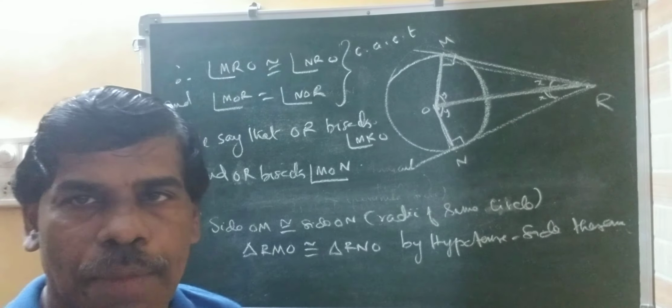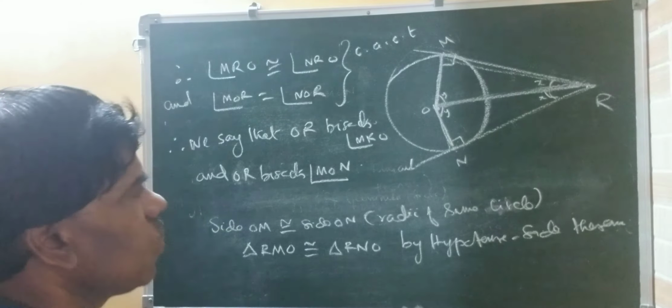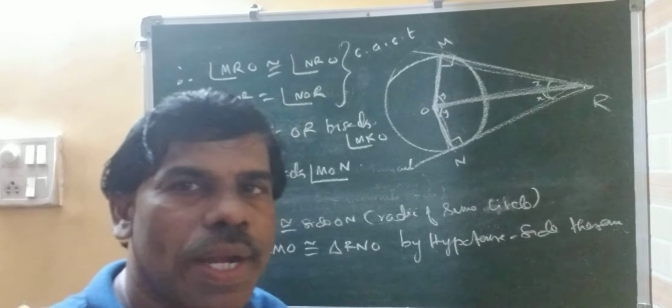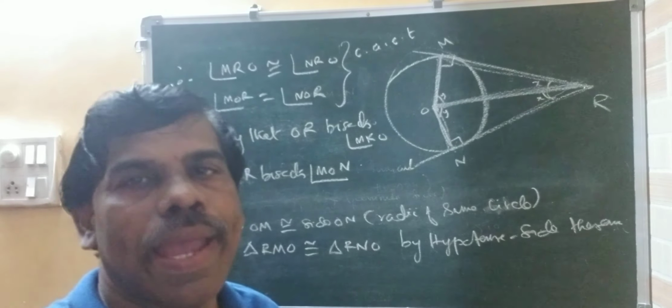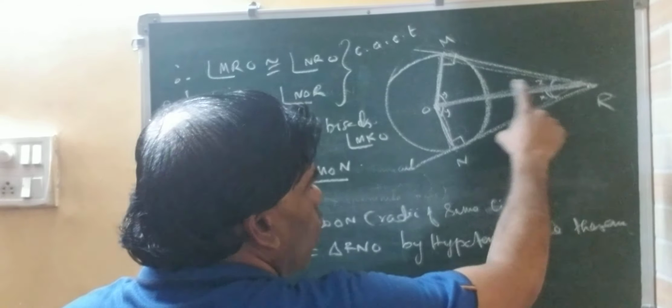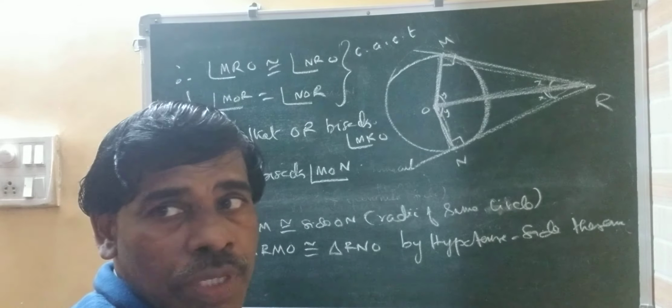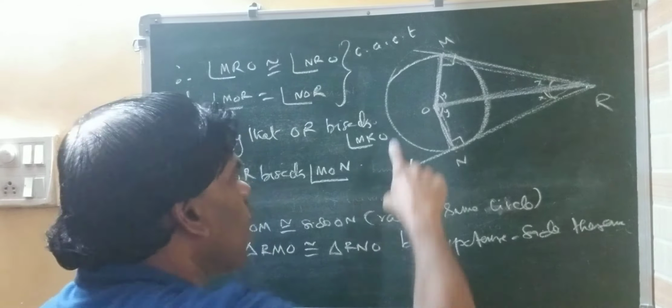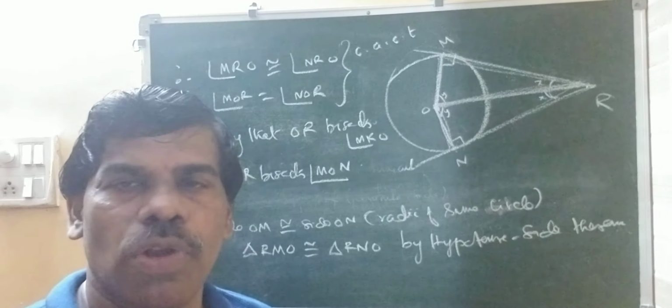Followed or not? I will repeat it. It is nothing. These two triangles are congruent by the hypotenuse side theorem. Once two triangles are congruent, corresponding sides are congruent, corresponding angles are congruent. Therefore, this angle of the first triangle is equal to this angle of the second triangle. That means this line bisects this angle. Similarly, this line bisects these two angles also. That's all. The remaining sums you can try at home. If not, I will do it later on.